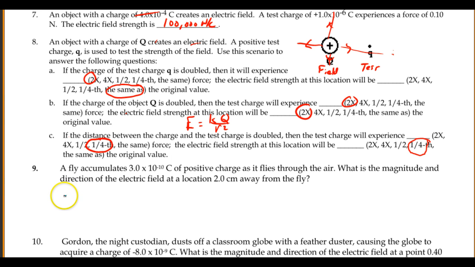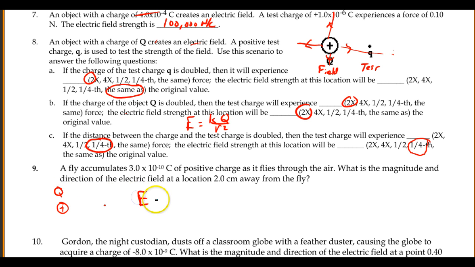Alright, so we're going to try a couple of those situations. A fly accumulates 3 × 10⁻⁹ coulombs of positive charge that flies through the air. What's the magnitude and direction of the electric field at a location 2 centimeters from the fly? If we assume the charge on the fly is a small point charge, we're looking at a distance 2 centimeters away. Since we know the Q, the charge that creates the field,